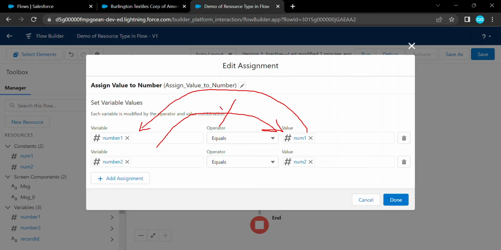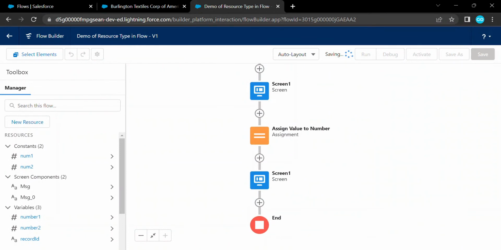So this way is not good, and here you can see you can allow this way. So you can easily understand with the help of this one, right? So once you've done it, let me save this flow and let me check it's working or not. Just click on this debug,